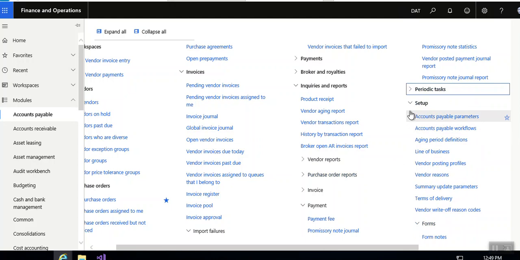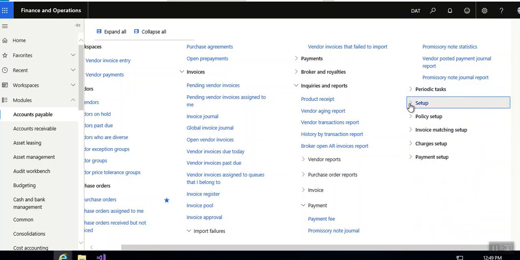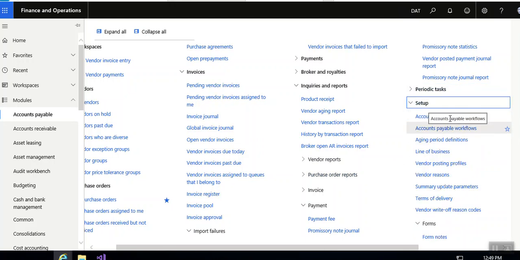After that, the setup section. Setup section is very important. It is the base for all transactions. Accounts payable import parameter, account payable workflow, aging periodic definition, line of business, vendor posting profile, vendor reason, summary update parameters, terms of delivery, vendor write up, reason code, then